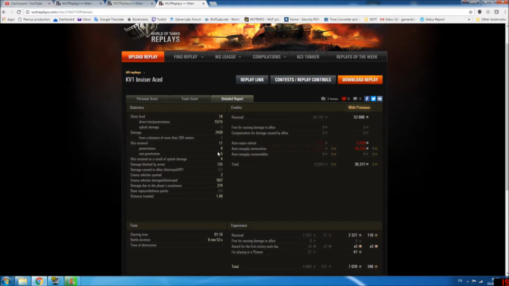Took 11 shots in return, 6 of which penned, 5 of which bounced. They were all fairly low caliber because look, it was only 1,300, only 135 blocked. But I think most of the blocks were actually Lefebvre shells bouncing off me, which was lucky. 52,000 credits after costs, because I did fire a couple of heat shells, gave me 30,000 profit, which is rather